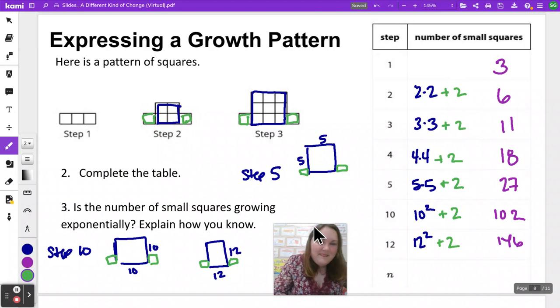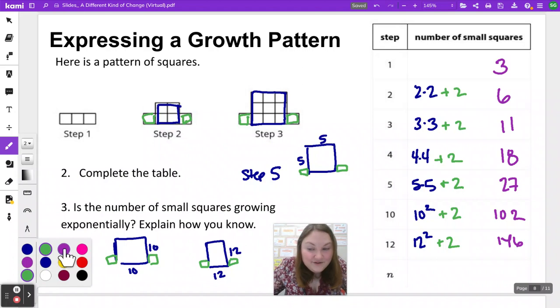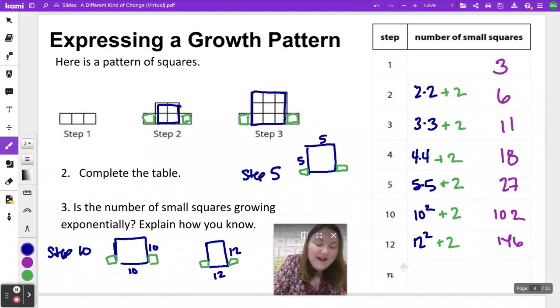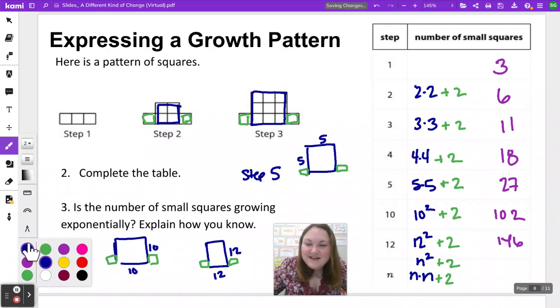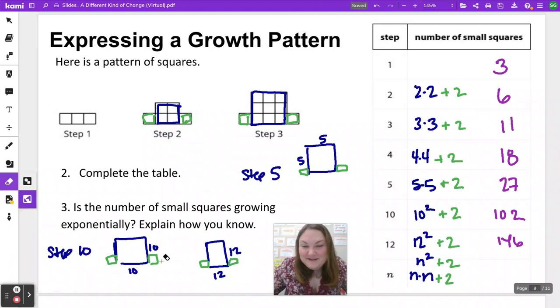each time. And so when we get down to the end, to represent it for step n, if I didn't know the step number, I know every single time, whatever that step number is, that's telling me how big that square is in the center. So for step n, it would be n times n, or n squared, however you've been thinking about it. And every single time, we had to add in those 2 extras at the end. So for step n, if you wanted to think about what step n would look like,